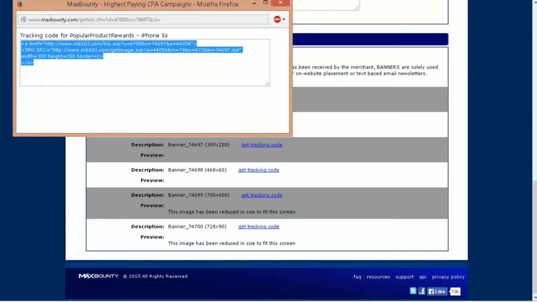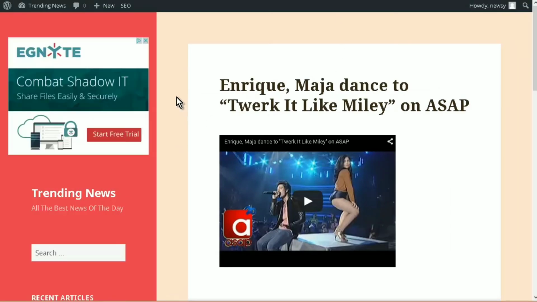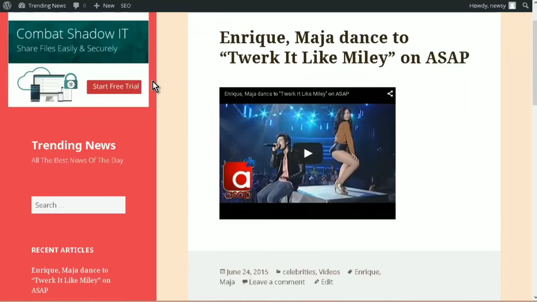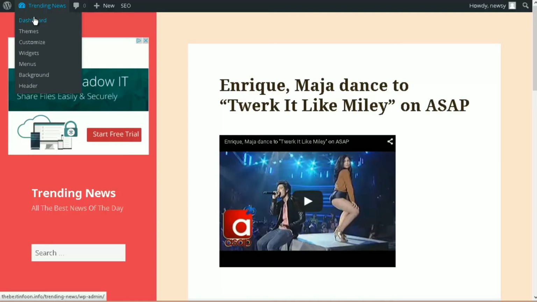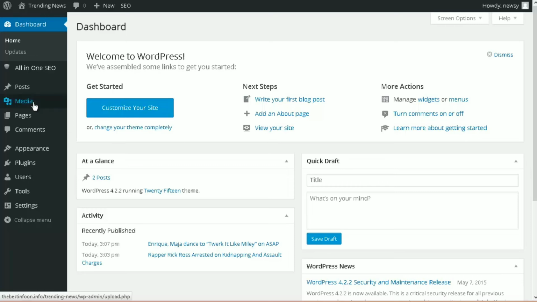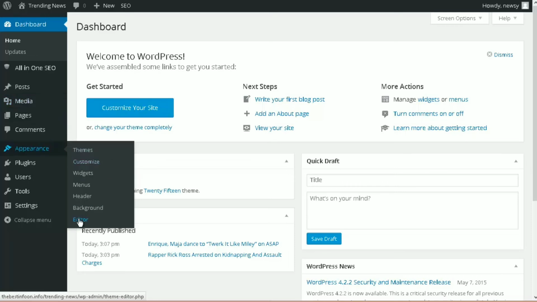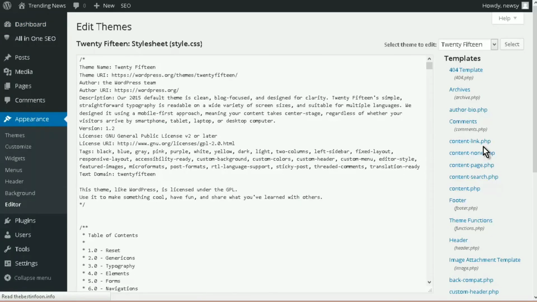back to our site. Now we need to determine where we're going to put it now. Let me just refresh this. Okay, so here's our AdSense ads down the left side here. Okay, so I want to put it up here, so I'm going to go into dashboard, and I'm going to actually have to modify the code of the site a little bit. So I can go to appearance and editor. And then I'm going to go to the header,